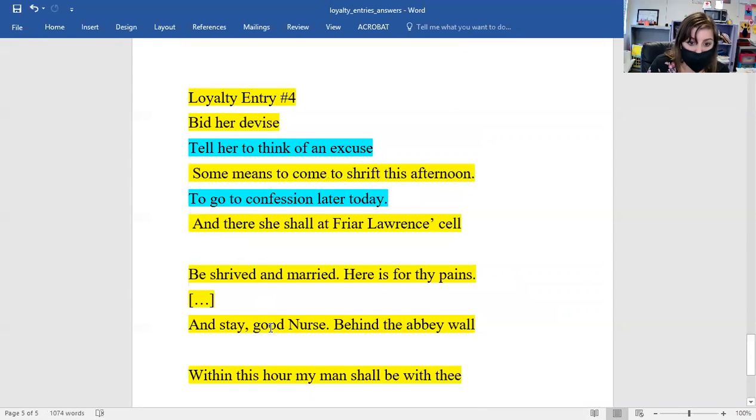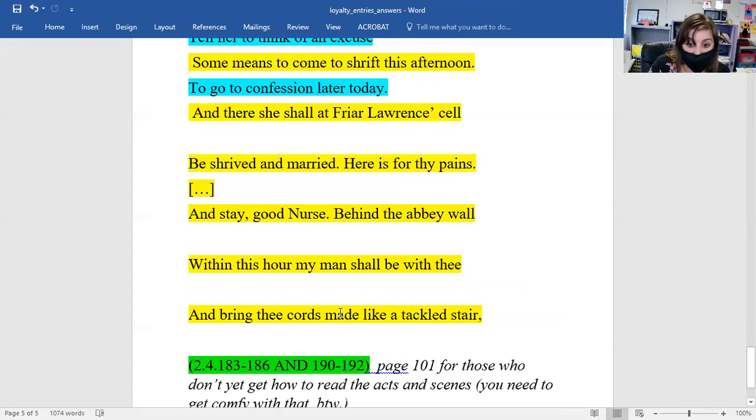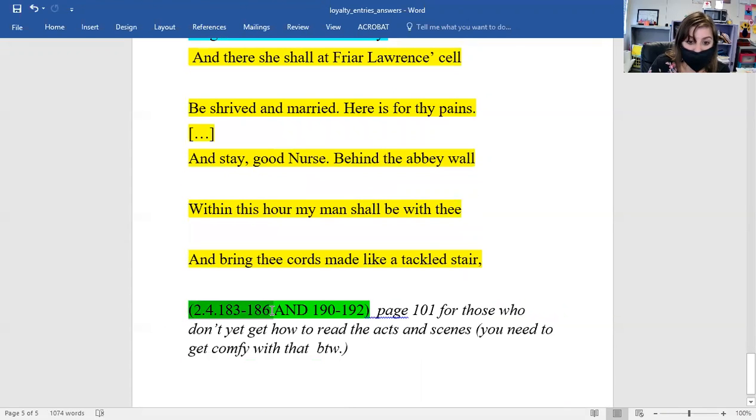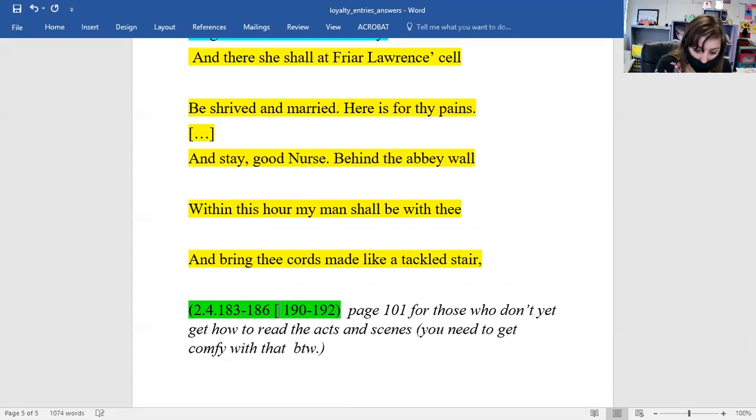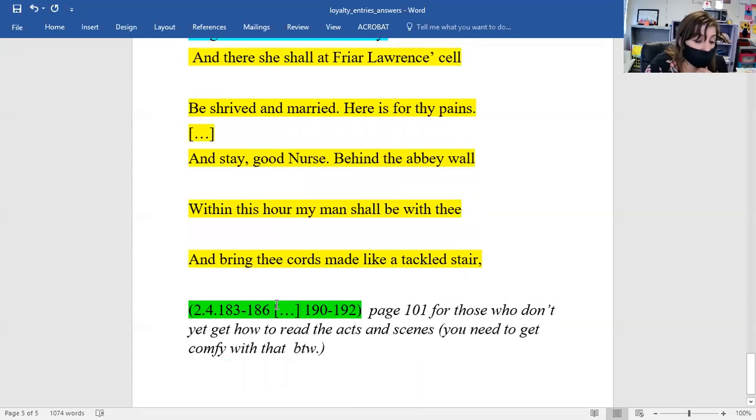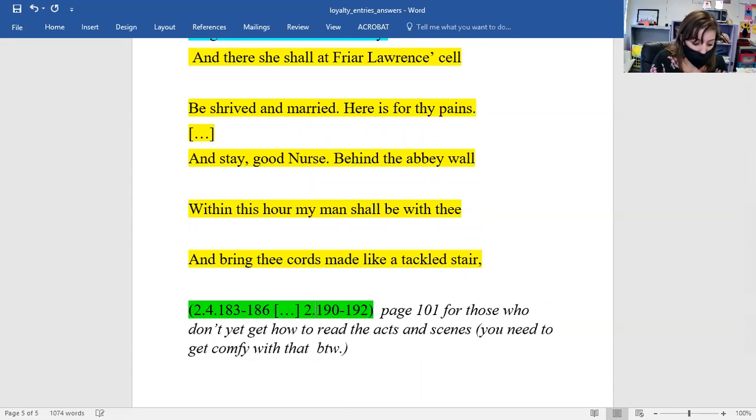It's 1, 2, 3, 4, 5, 6, 7 lines. And remember, it's a combination of lines. Remember how I taught you earlier, and don't forget this, we haven't used it in a minute: the ellipses, the dot, dot, dot with the brackets. So it's like I'm gluing two quotes together. They're both on the same page, they're both really close to each other, but they're glued together.